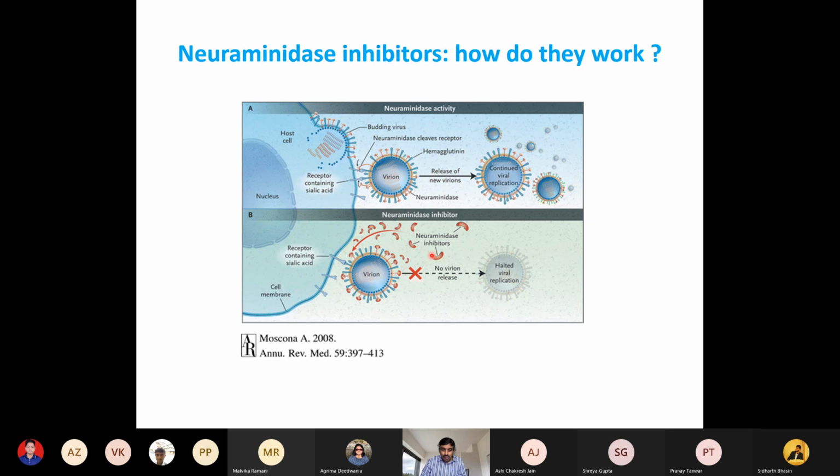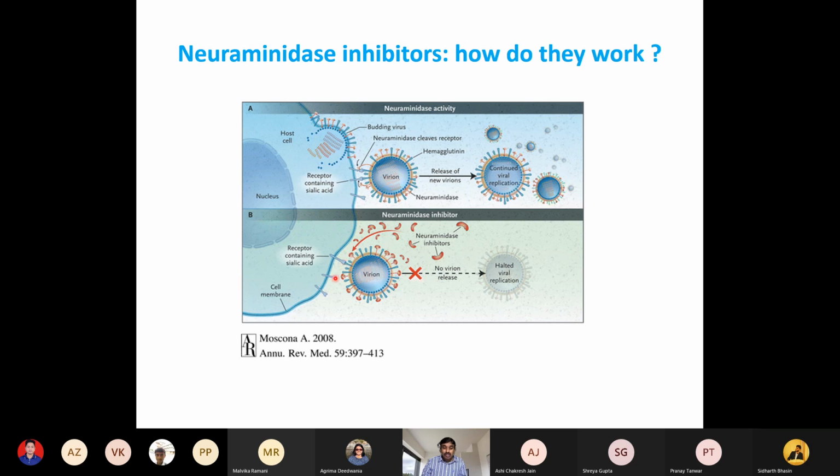Okay, now what will happen when you use neuraminidase inhibitors? So here, the orange colored spikes are the neuraminidase. Same here. So these are the neuraminidase inhibitors, Tamiflu, oseltamivir. There are other names for it, just one compound. What they do is they go and bind to the neuraminidase. They are actually sialic acid mimics. If that will make it easier, they are homologs or mimics of sialic acid. They look like that, and they go and block the neuraminidase,